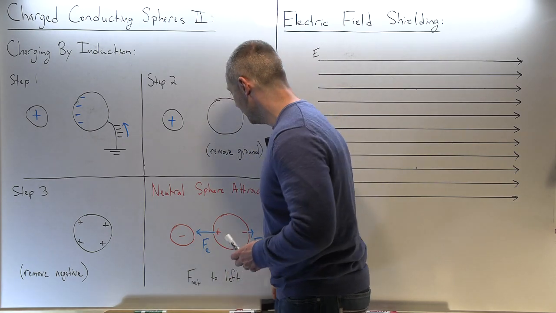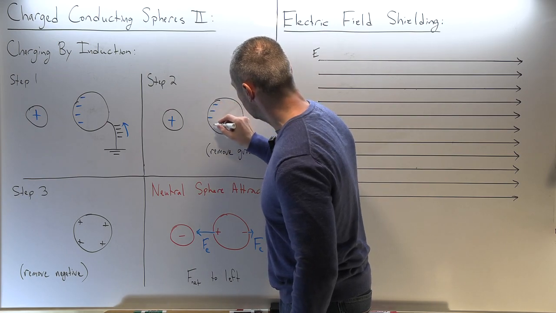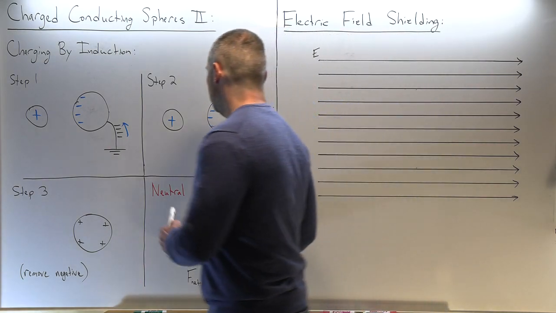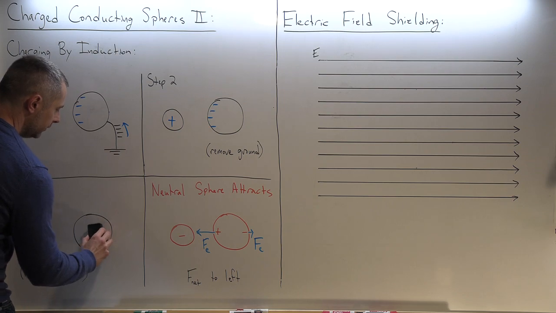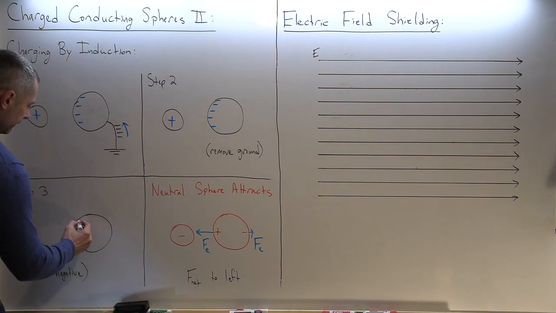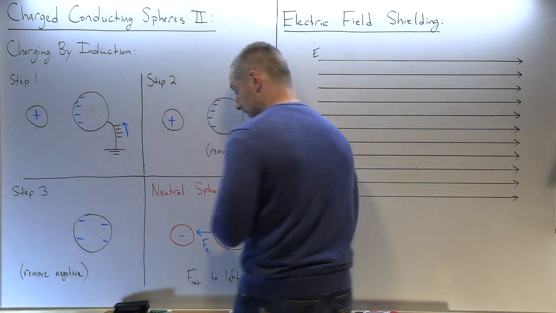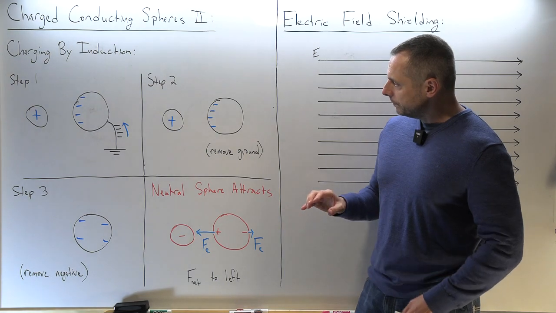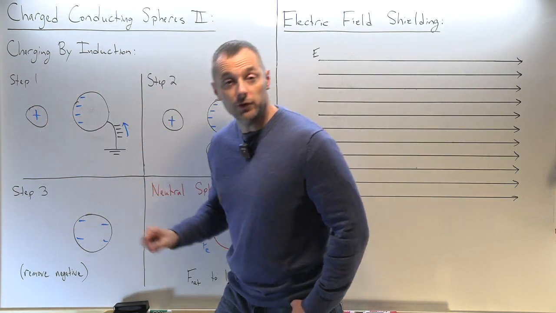I made a mistake. So there's minuses here. Now you remove the ground wire, and then you take away that original positive object, and these electrons that were brought out of the earth now are stuck in that metal. So it works just the same. Another thing I want to review is, so positive induces a negative charge, negative would have induced a positive charge